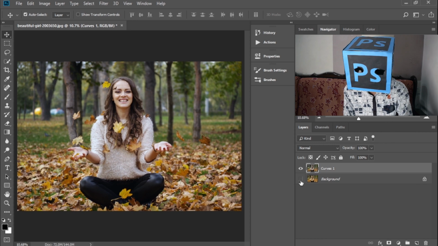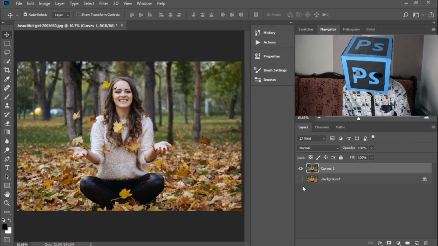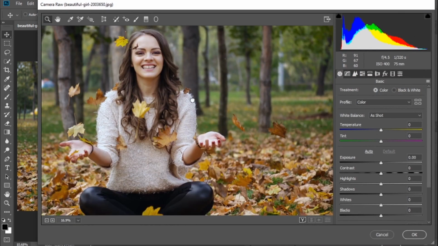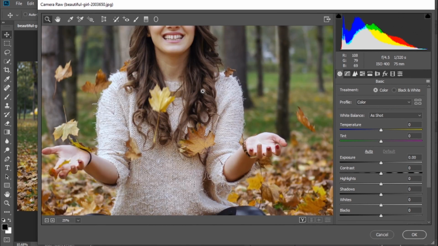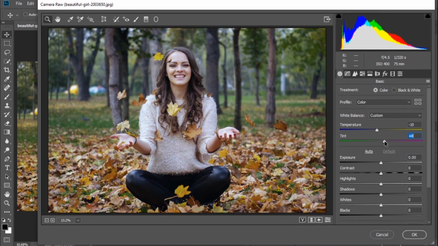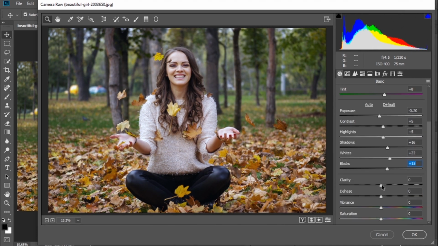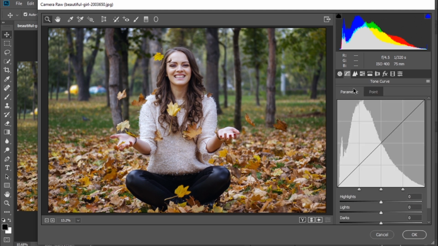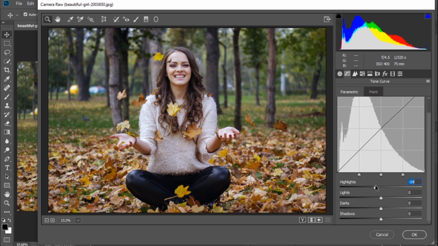Now let's make some adjustments in Camera Raw. Press Ctrl Shift A to open Camera Raw. Go to tone curves, make highlights,